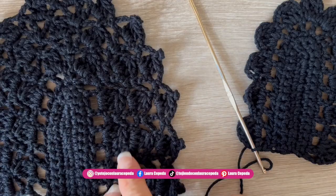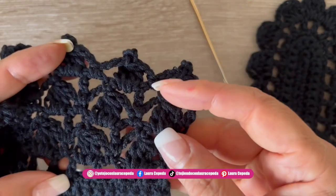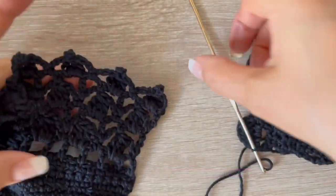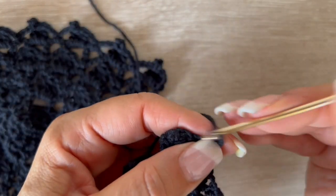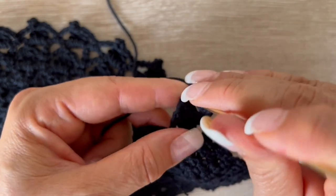So we are going to make 3 rows with leaves, right? But between leaves we are going to make a row of chains, single crochet, double crochet. So let's see. So we will start first with 4 chains. This will be the double crochet of the edge,